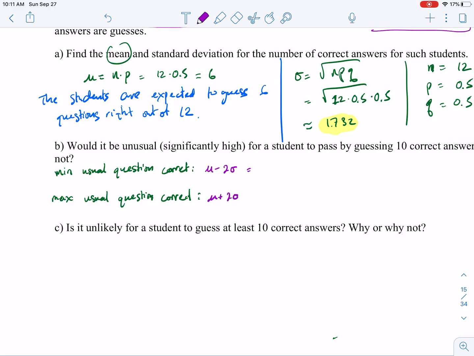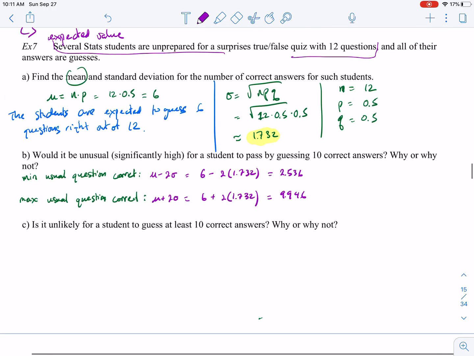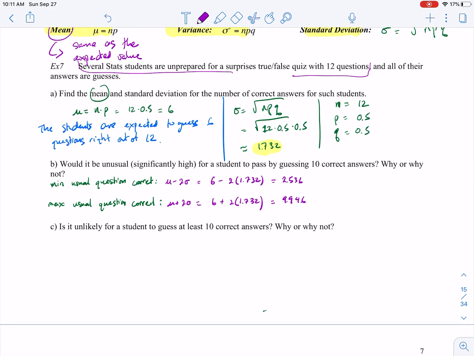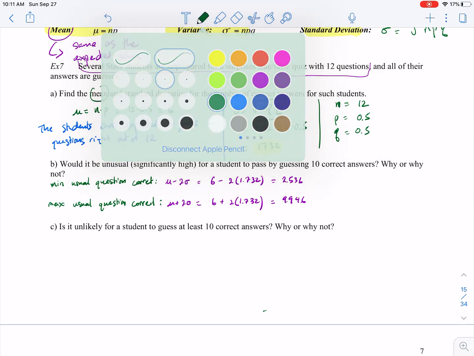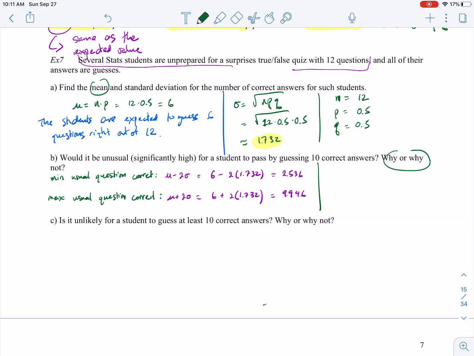So that's the mean, 6, minus 2 times 1.732. Down here is 6 plus 2 times 1.732. So 2.536 and 9.464. Those would be the boundaries for separating the usual and the unusual values, whether a value is high or not. So in this case, to answer this question, would it be unusual for a student to pass by guessing 10 correct? The answer is yes. So we'll say yes, it is unusual